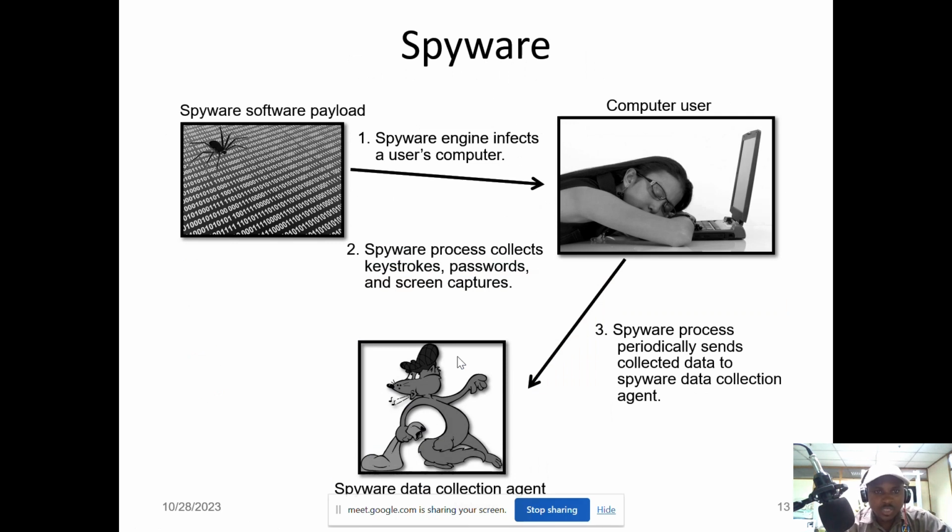Then let's talk about spyware. It's just like a spy. I think you know what a spy does. So we have the spyware software payload here, and what does it do? A spyware engine infects a user's computer. After infecting your computer, spyware collects